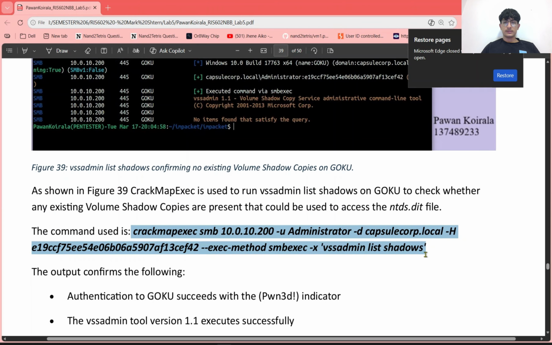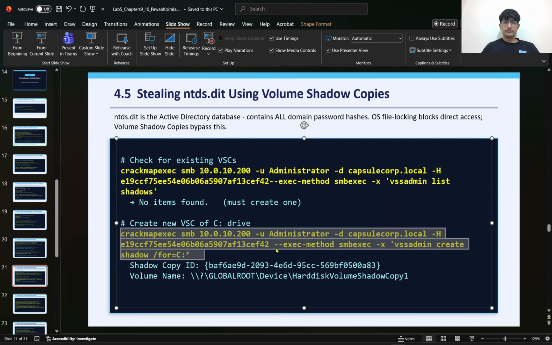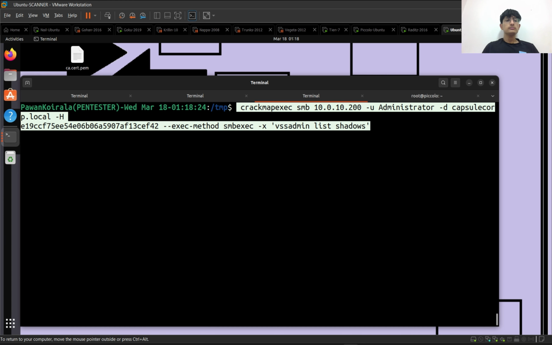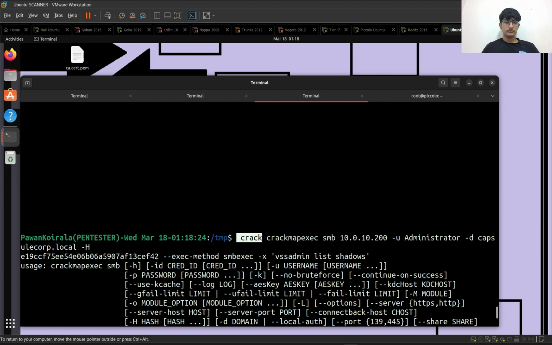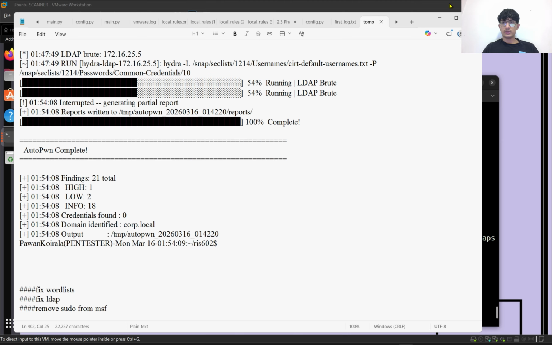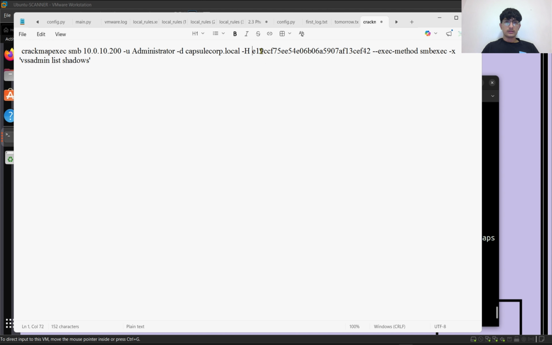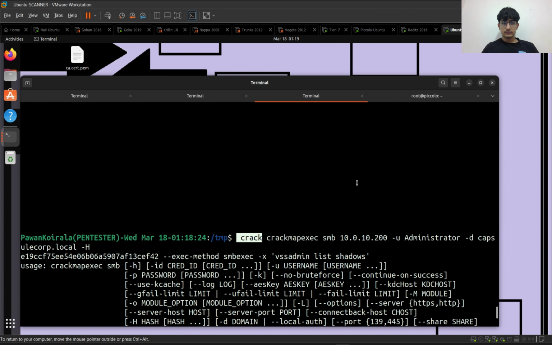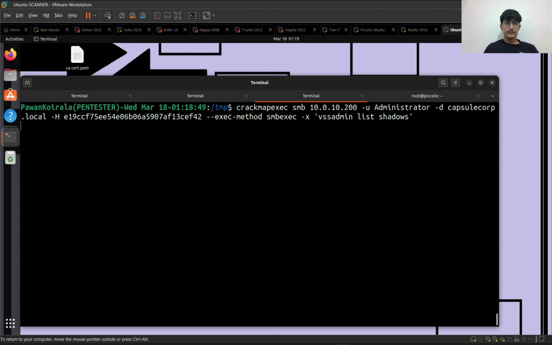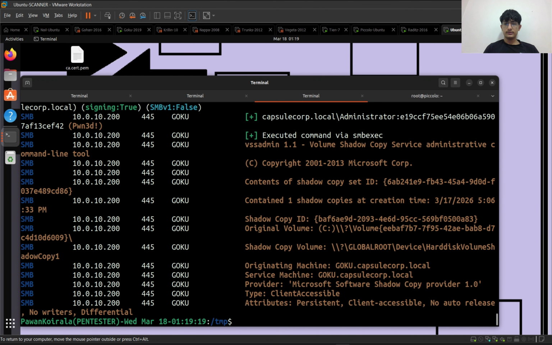Let me copy this command. There's something wrong with the command. I cannot point it out. Okay. Okay, now we have the shadow volume copy,